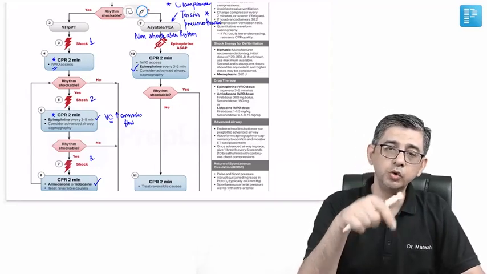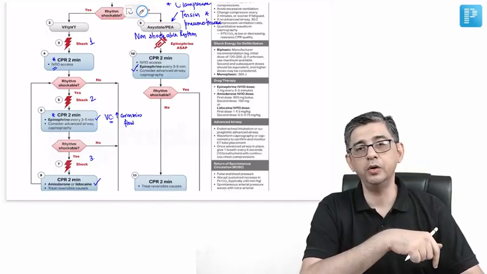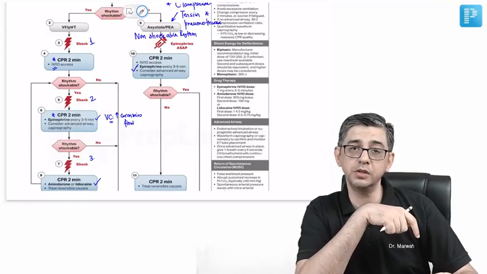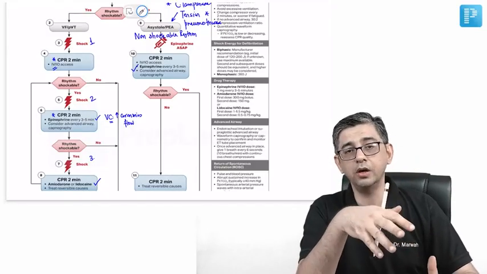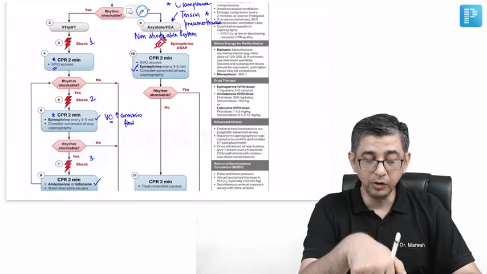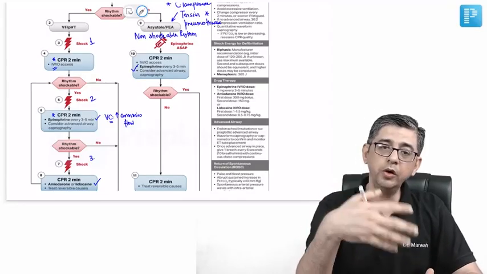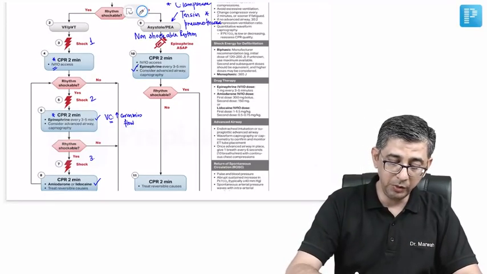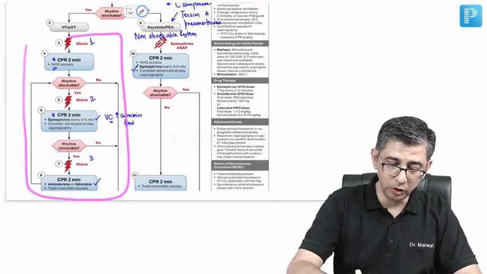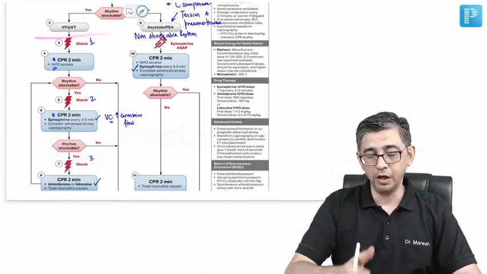In the second box, you use that IV access to give epinephrine to the patient, which will cause systemic vasoconstriction, and that will increase the coronary blood flow. And the third time, what you did was you used amiodarone in the patient. So this table of steps is what I would like you to imprint in your brain, and it can be asked, because